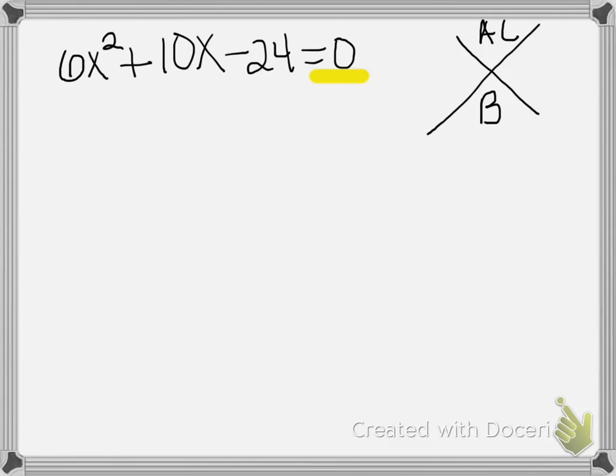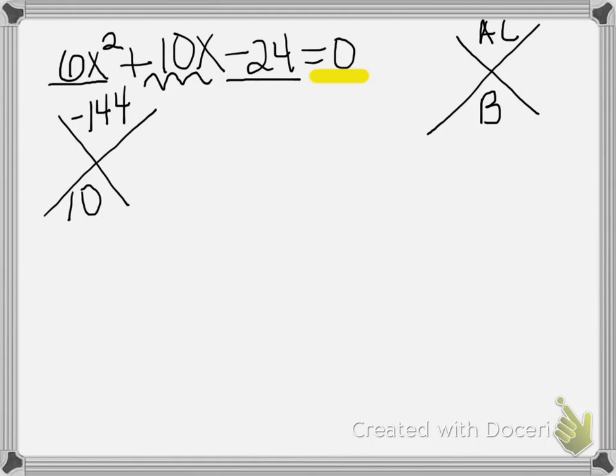Since 6 times negative 24 would be a negative 144, we put that on top, where we had our positive 6 and our negative 24. And then we know that we want our factors to add to 10,